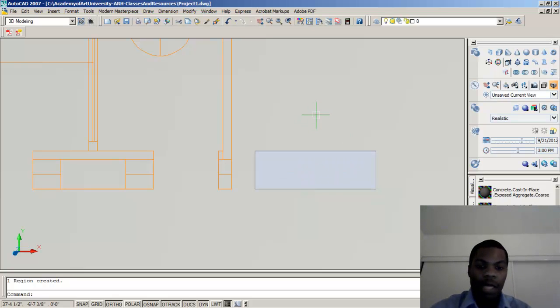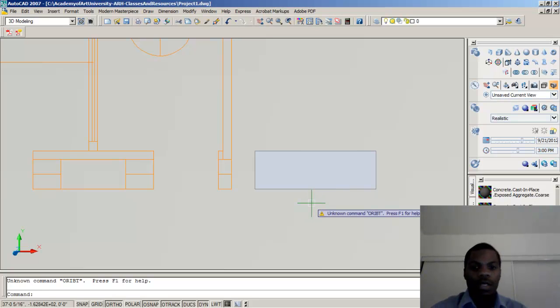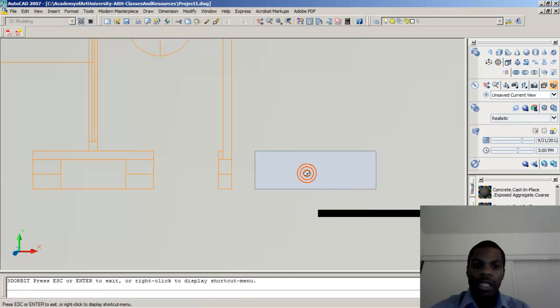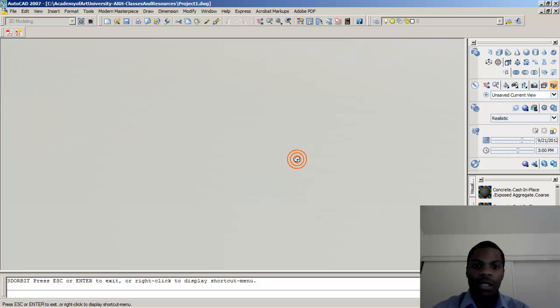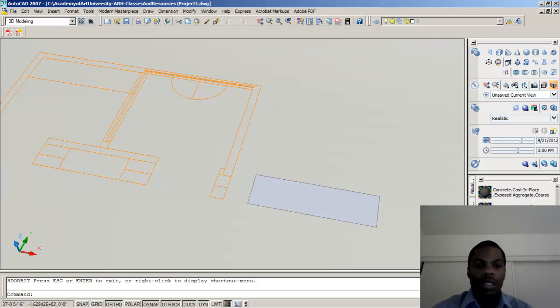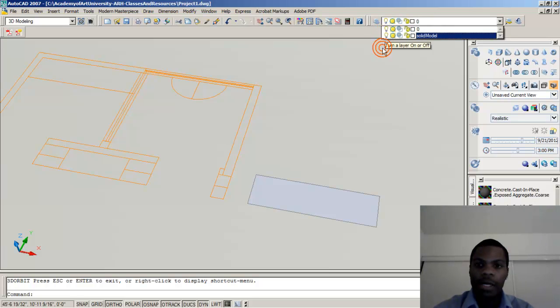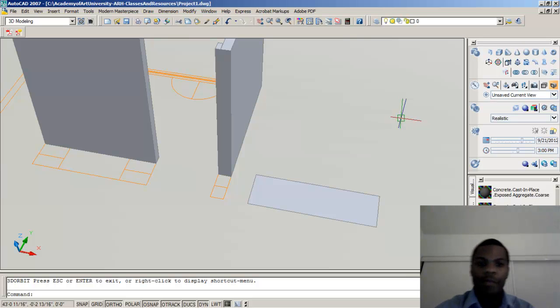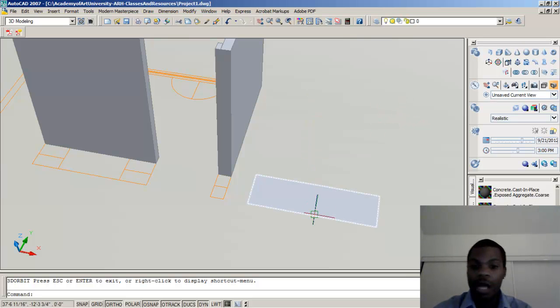But now we know that this is basically just a 2D flat. Now if I orbit to the same kind of angles, you can see here there's no depth, right? And if I go up to our layers, and turn on the solid model layer, you can see the walls here are extruded, and this is obviously not. All I have to do is click on that wall, hit